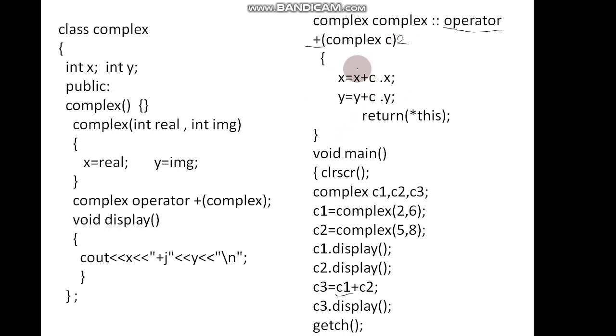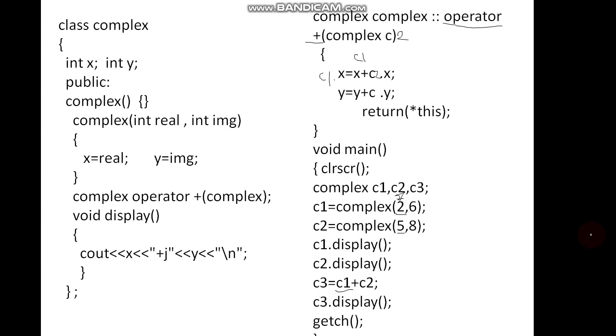So x is nothing but C1's real part. So C1's real part is 2. C dot x is nothing but C2's real part, which is 5. So 2 plus 5 will be done and it will be stored in x, which is nothing but C1. So in C1 dot x, addition of real part in C1 and C2 will be done, and it will be stored in C1. So 2 plus 5 is 7.